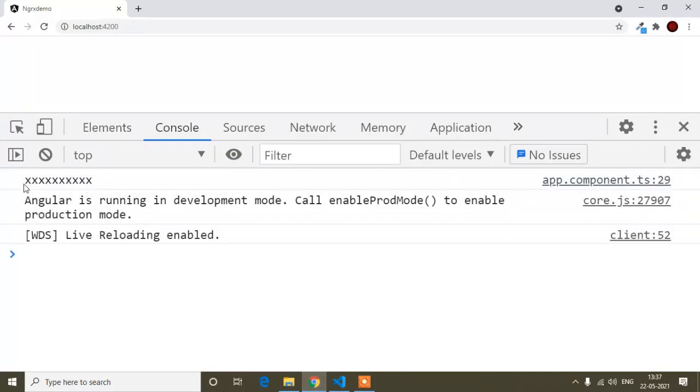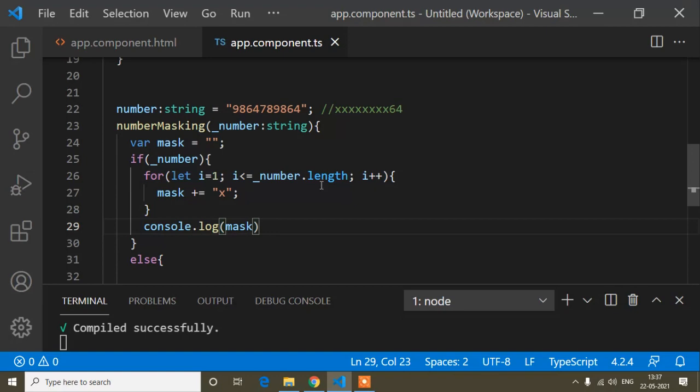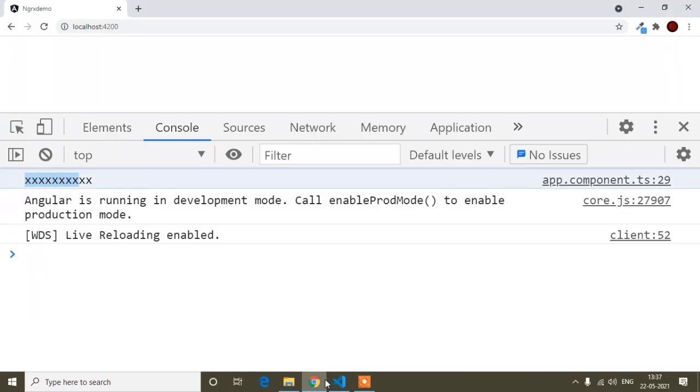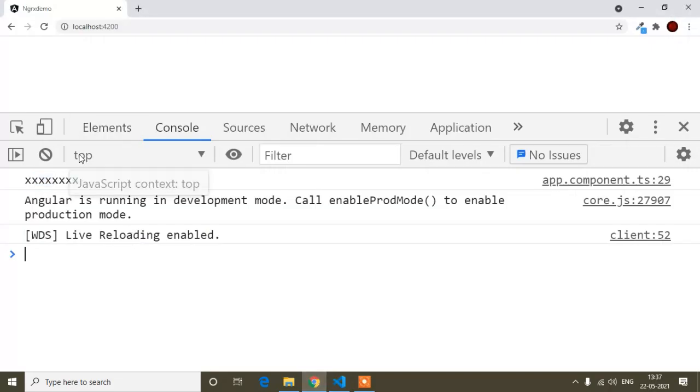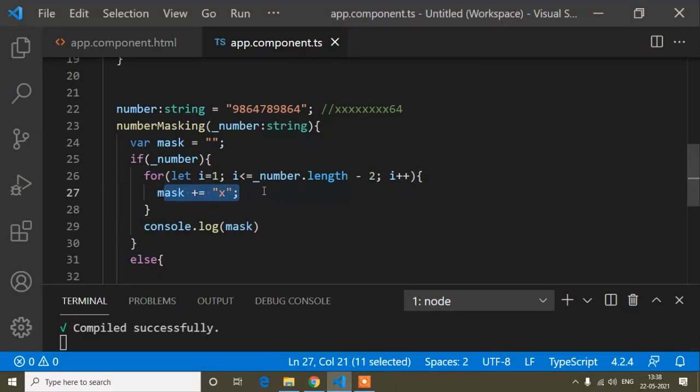let's check it. So here you can see it's showing 2 4 6 8, and it's showing up to 10 because here the loop is going up to length, so length is 10, so here I forgot to write minus 2. So now length minus 2, that means length is 10 minus 2, that means 8. So now it will be written up to 8, so 2 4 6 8. So here I get the output up to 8.